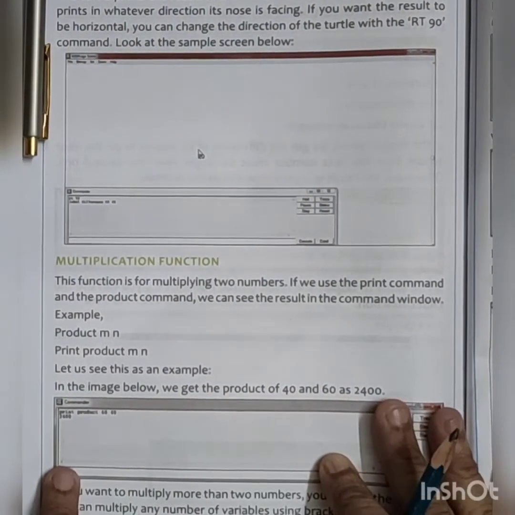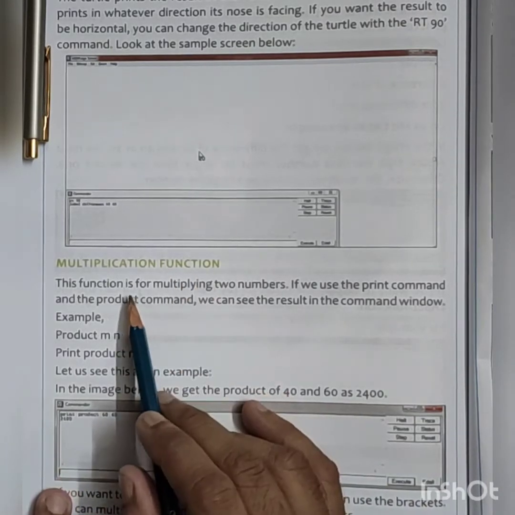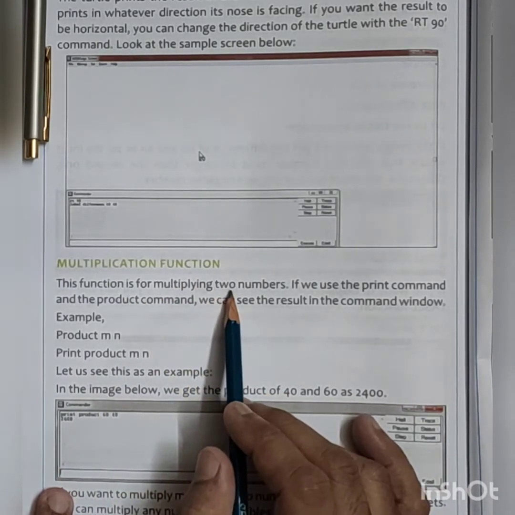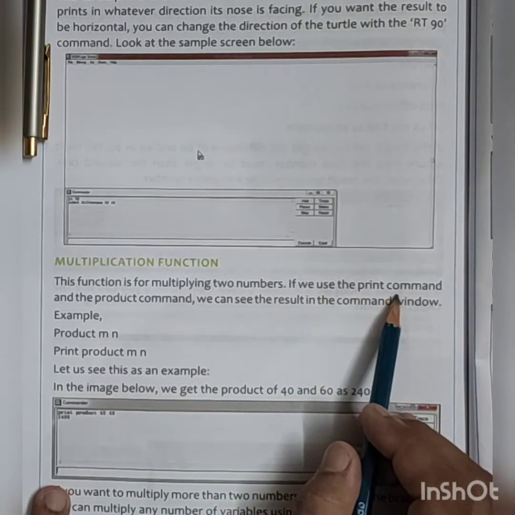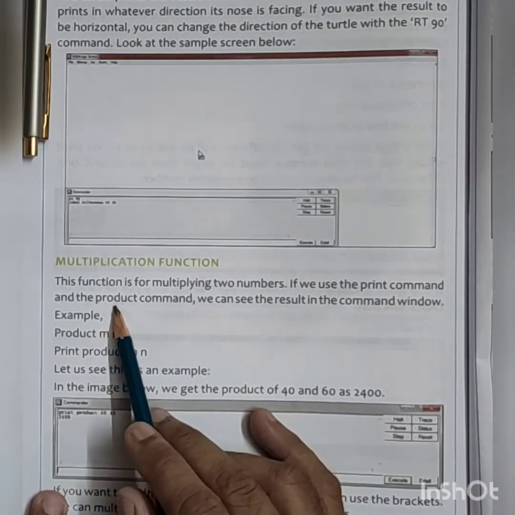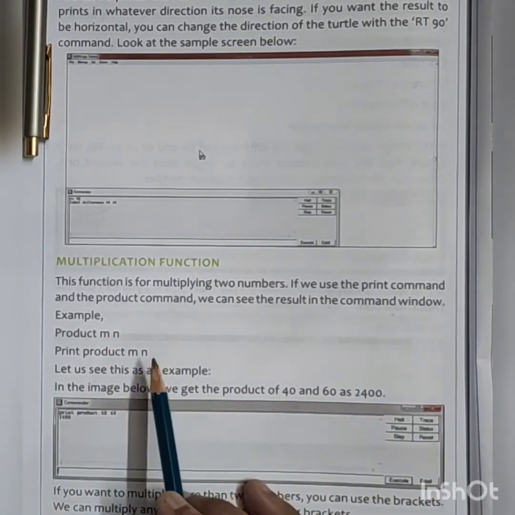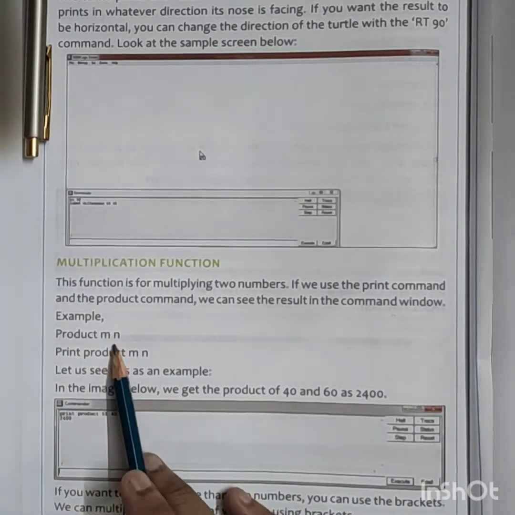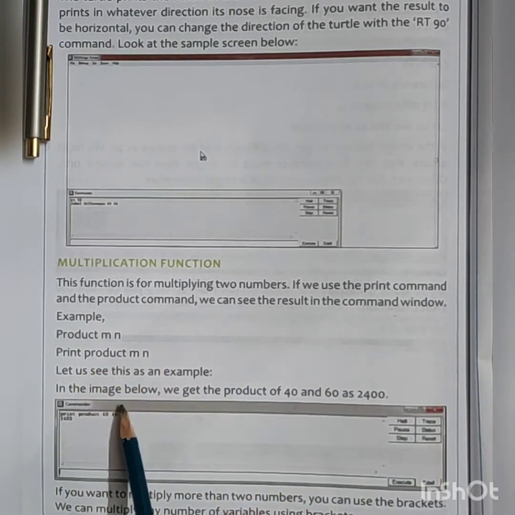After that we have the multiplication function. This function is used to multiply normally two numbers. If we use the print command, what will happen? The product command will show the result in the command window. First we write product, first number, then second number, then write print product m comma n. Then what will happen? Print product 60 40. So it will display